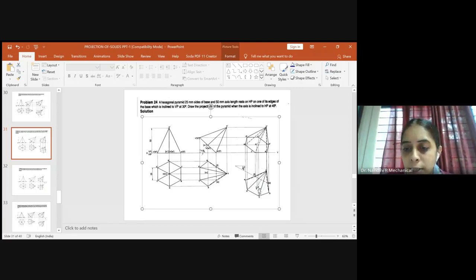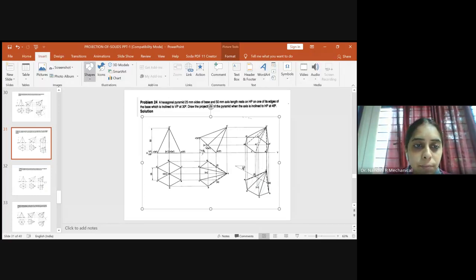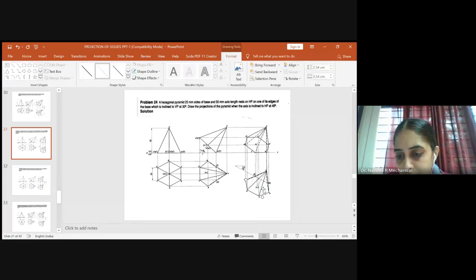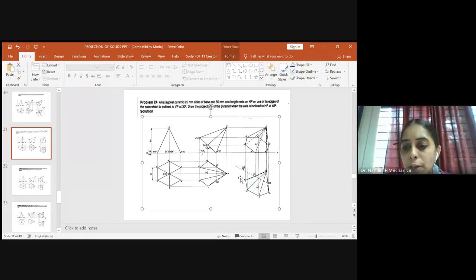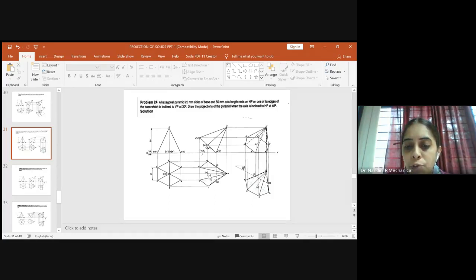Once you get the center O1, you will have all these 3 points along the same line, E, O1 and B. Then you can draw a perpendicular line from the center O1. Once you draw it, it will be easy for you to measure from O1 to E what is the distance, and from O1 to B what is the distance.